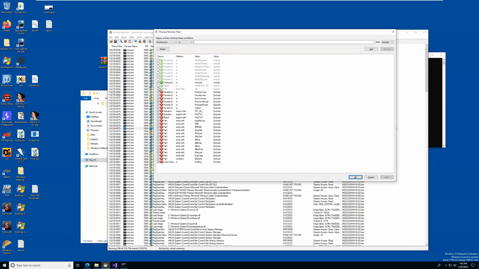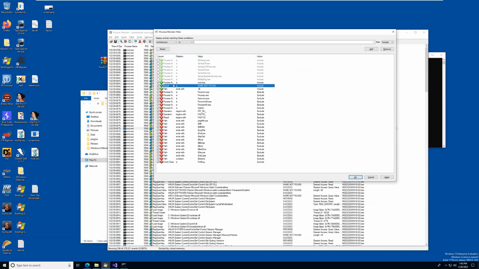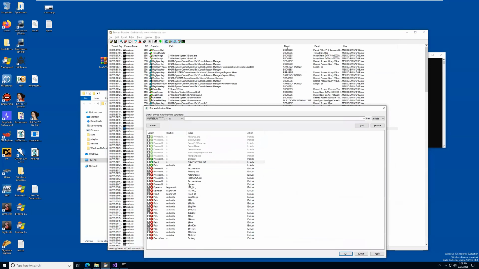And then you can say ends with DLL and is not found. So it's the result. You need to select it from here. It's going to be the result here, and then you say name not found, and then the path, that is this one, ends with, this is the condition, DLL. So like that,